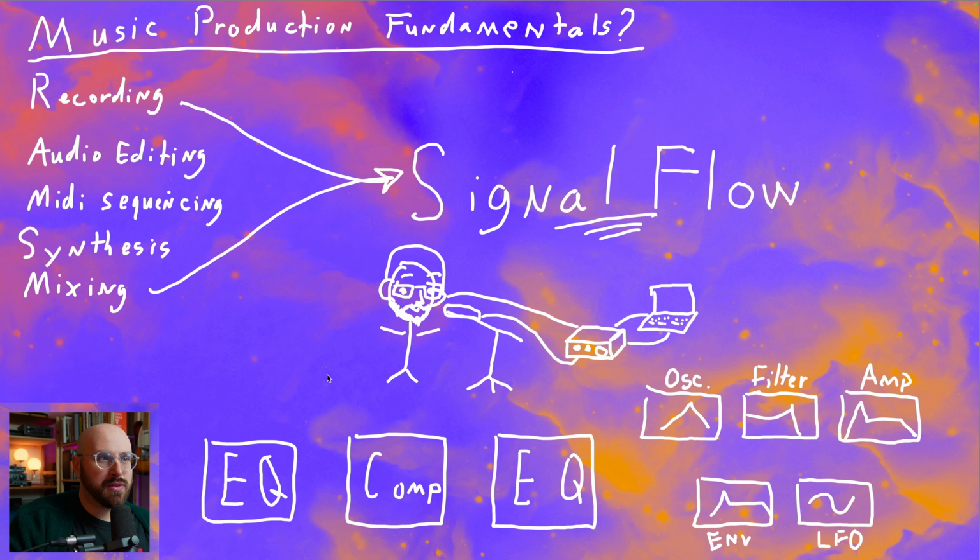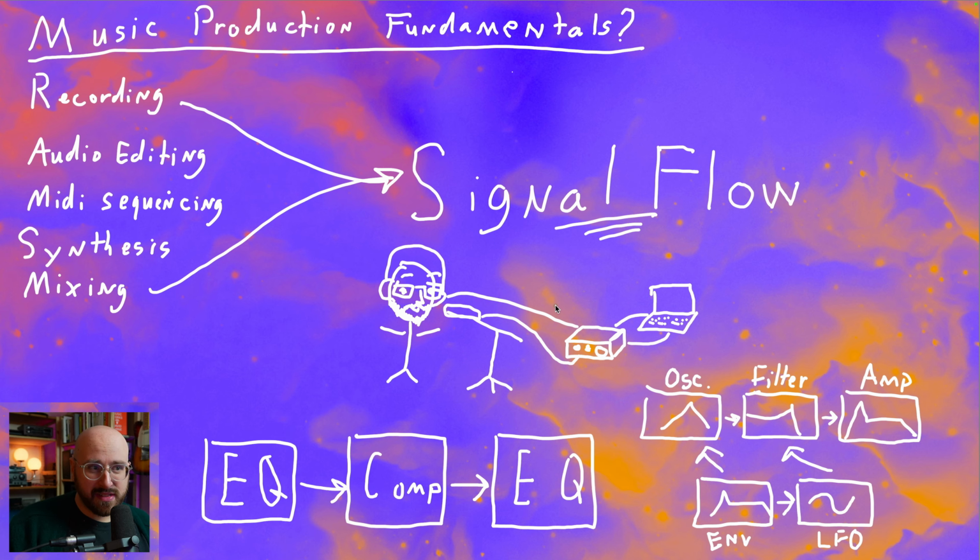Additionally, signal flow as it relates to mixing. Why would they potentially need to run an EQ first? Perhaps they're cutting out low end from a vocal so that that low end doesn't really trigger the compressor super hard. Then they can go ahead and tamp down on any of the extreme peaks, and then they can use an EQ to sculpt. Something that maybe seems totally different to a lot of producers is something like synthesis. Do you need to run an envelope to the oscillator and then perhaps an LFO to the filter? But then maybe there's this cool ramping effect that in reality, you need to also route the envelope to control the rate of the LFO.